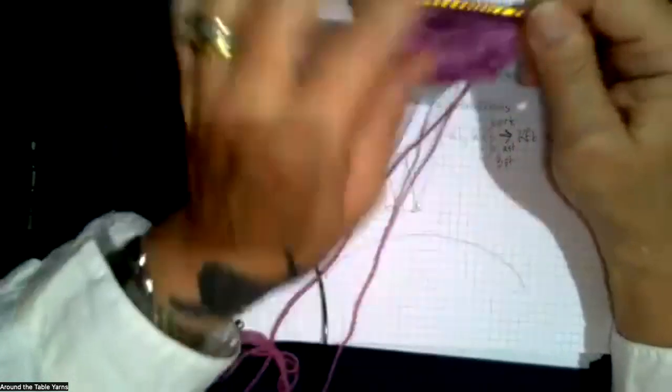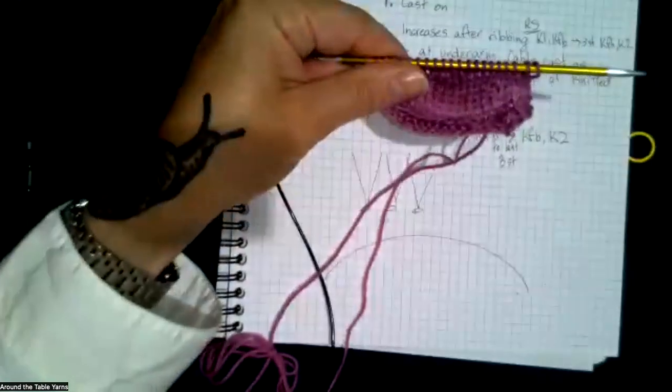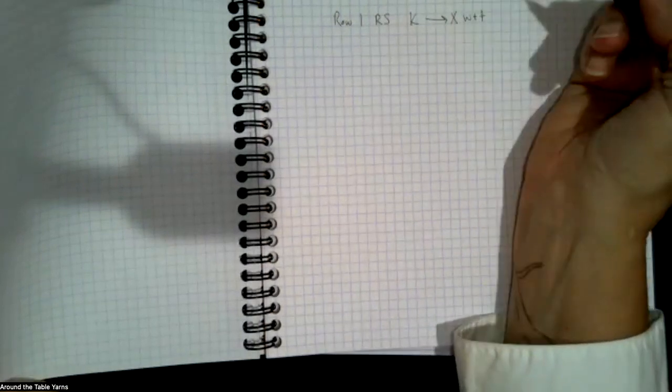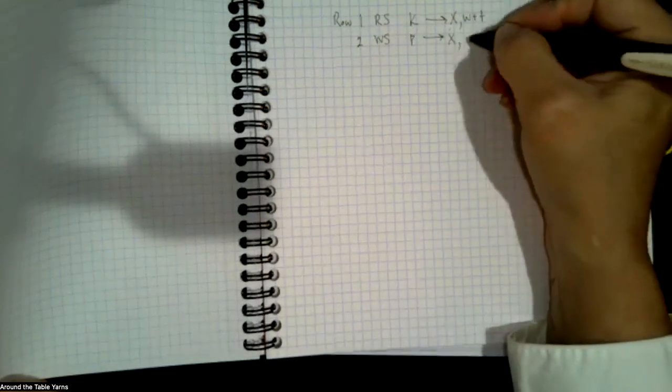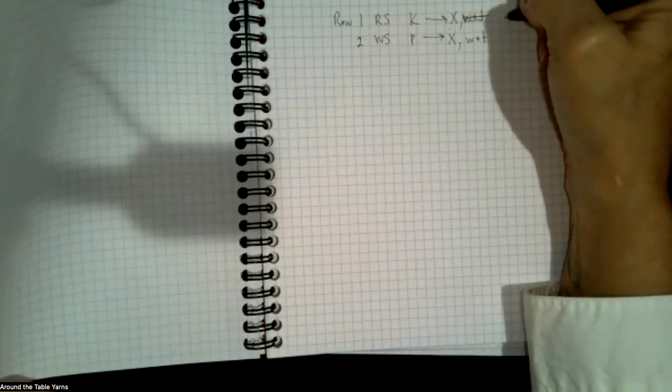Okay. So before I talk about the neckline, I just want to make one other recommendation. The way that the short row section is written, they give you row 1, a right side row, and you knit to so many stitches, and then they say wrap and turn. And row 2 is a wrong side row and it's purl so many stitches before the end and wrap and turn. So instead of that, so many stitches before then and the German short row,